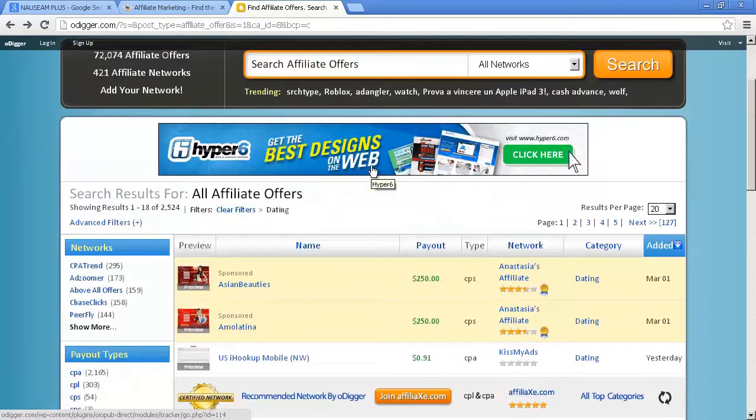But the point to remember is that although there are 400 networks or something and new networks keep coming all the time, you need to be a part of some of the reputable networks. It might be a little tough in the beginning to get in, but if that's the case, then you can always join some smaller network to begin with, make some money, and then join some well-known network.